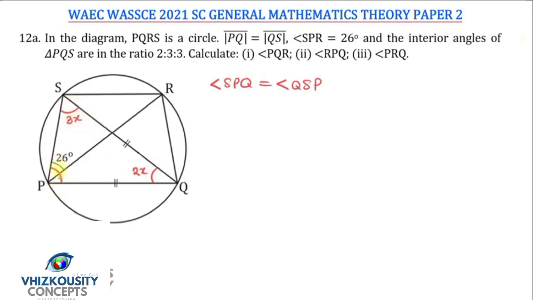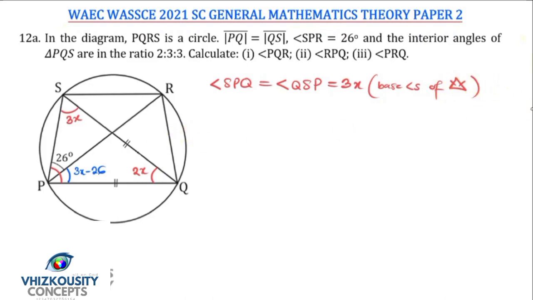But look at this particular triangle. This is also supposed to be 3x, but already we have taken 26 out of that 3x. So the remainder, just this one, will have to be 3x minus 26. We just need this consistency so that we'll be able to get our answer correct. So if that is the case, I can say this angle SPQ, which is also QSP, is actually 3x,